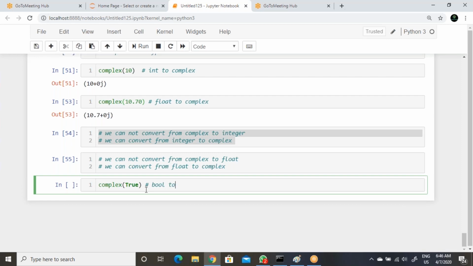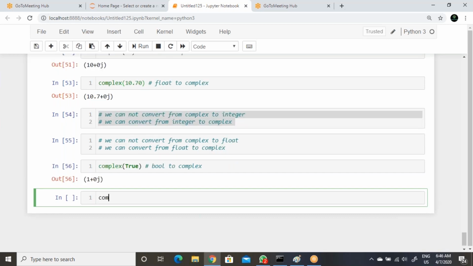Complex of 'India' here. Now see, it's not possible. So here string to complex is not possible. One case, string to complex.